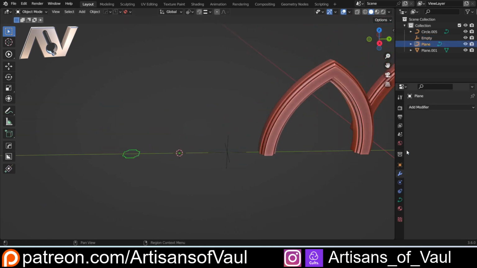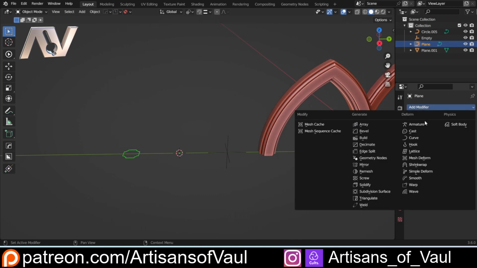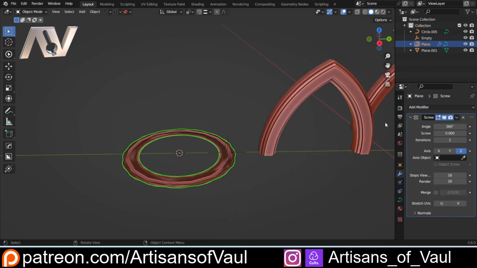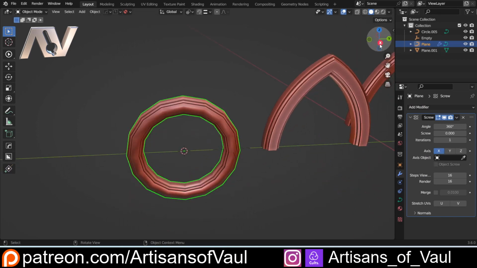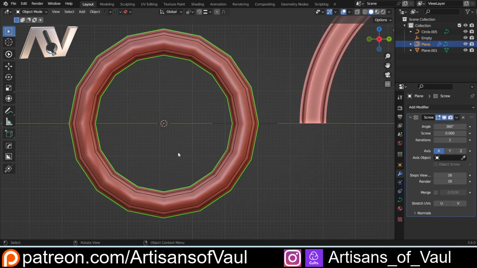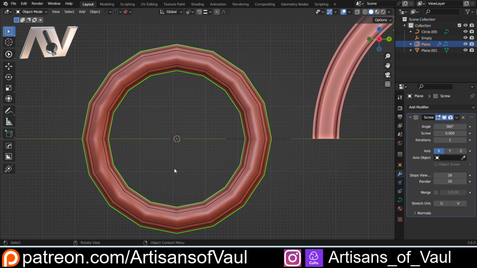From that point on, it's relatively easy. Add a modifier, we want a Screw Modifier, so that's down here. We don't want this happening in the Z-axis, which is from above. We want it happening in the X-axis, because we want to look at it front on. Now, what's great about this is that it is non-destructive, as I mentioned,